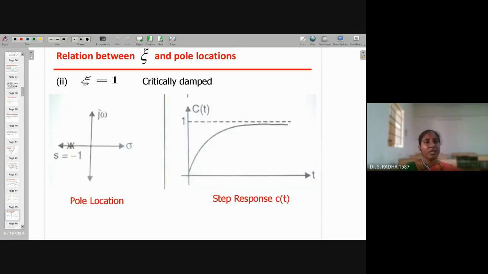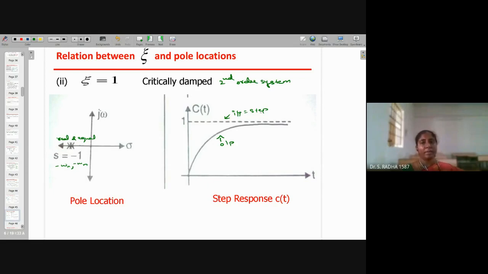Now I am going to the second case, critically damped. Okay, so this is real and equal roots: minus omega n, comma minus omega n. Okay, and the name is critically damped second order system. The output graph you can see, and the dotted line is the input. Input is step signal. Hence, step means we have the equation horizontal. Okay, amplitude is 1. So dotted line 1 is given over here.